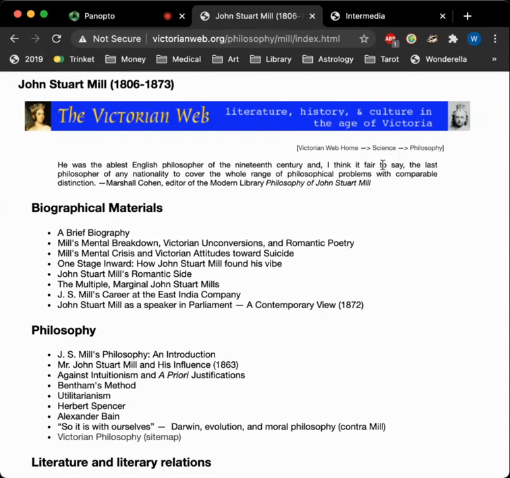Notice here that although we arrived at this page from the author's page, there's not a breadcrumb link to the author's page. And this is because when you think of John Stuart Mill, you don't immediately associate him with being an author. He is one, but that's probably not what you're interested in. When you are searching for information about John Stuart Mill, or when you happen across it, you are probably most interested in science and philosophy.